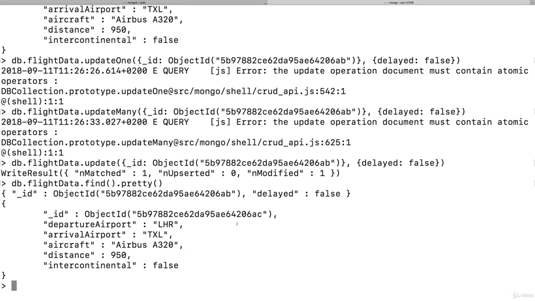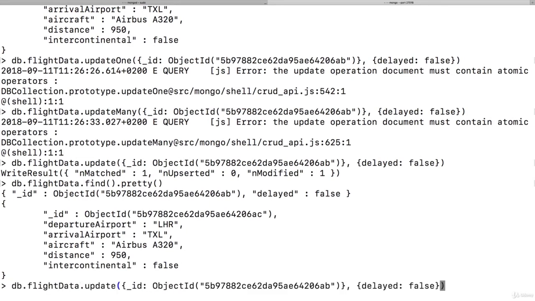This was not changed. It still is the ID. It did not change that, but it overrode all the other key value pairs. And that is the thing about update. Update does accept this syntax with just an object, and it will then take this object and basically replace the existing object with this new object, with this new document. It will only keep the ID.